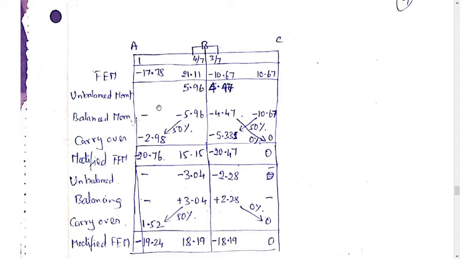This is called the unbalancing moment, and for the balancing moment we take the negative of this. Here it is a fixed end, so no balancing moment. Here it is a roller, so we have to balance this. The balancing moment is the negative of this, so it should become 0. Then after carryover, here it is a fixed end, so 50% is carried over. Here it is a roller, so 0%, and here this value is 50% because this is a continuous beam, as it is a continuous support.